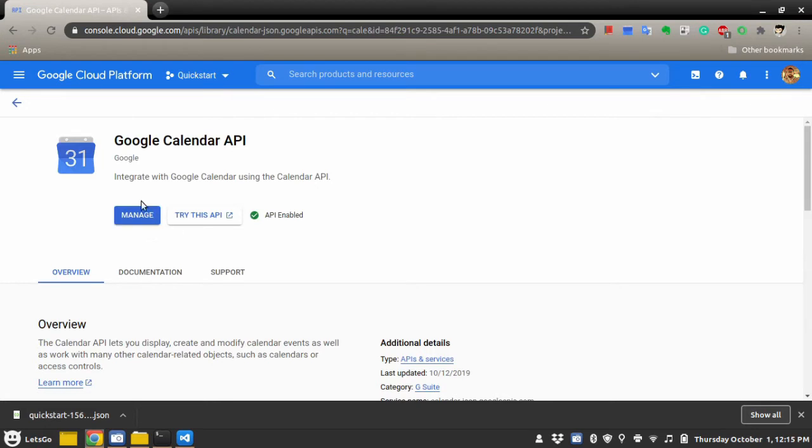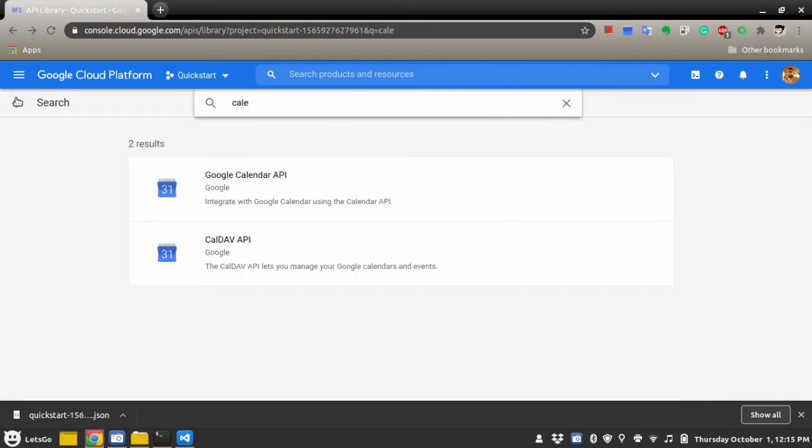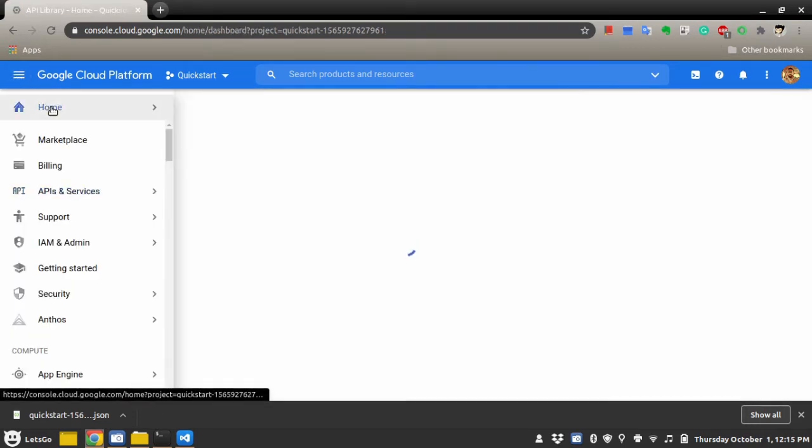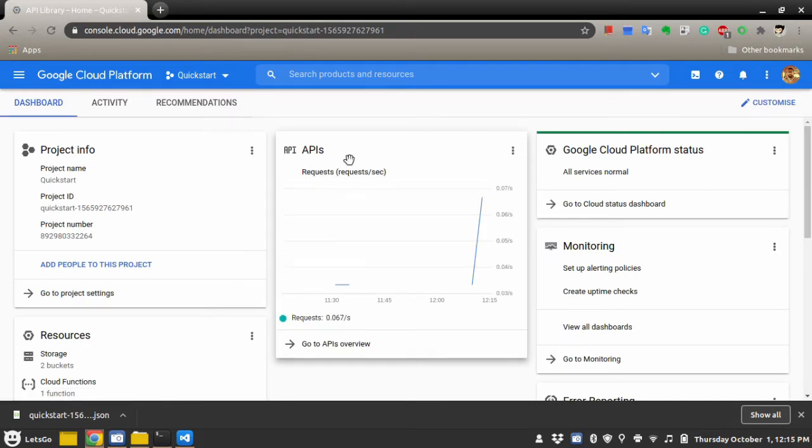You will see an enable button here; since I already have enabled it, I don't. So you click on enable. Once you enable this API, now we can use that API for our uses.